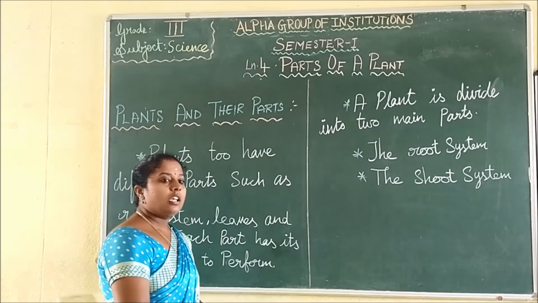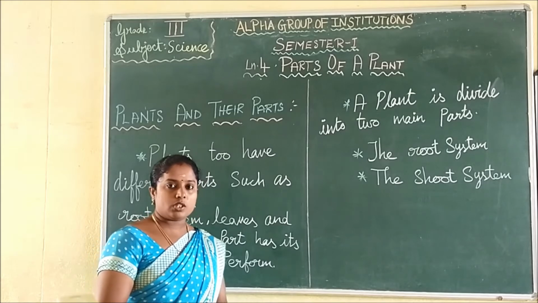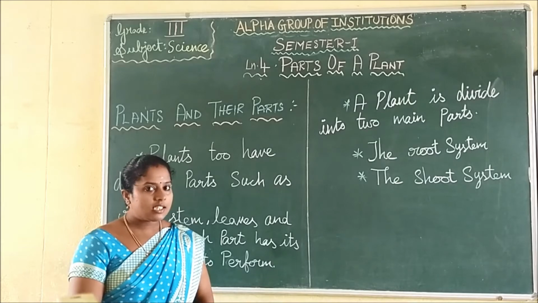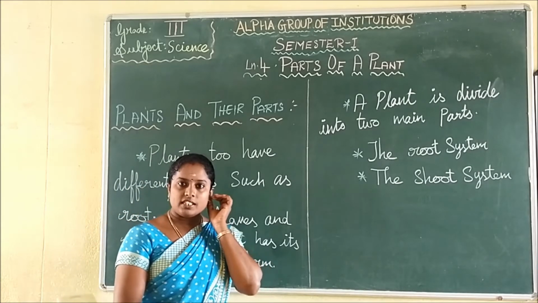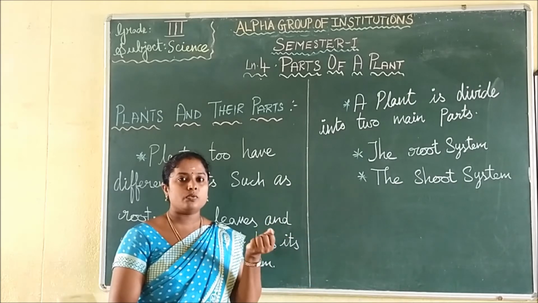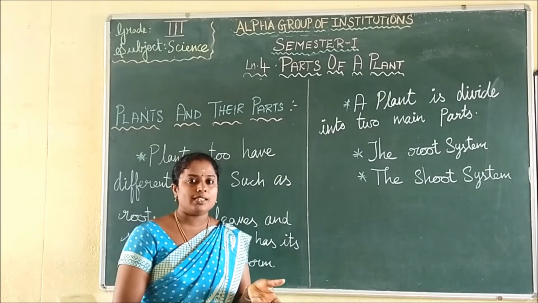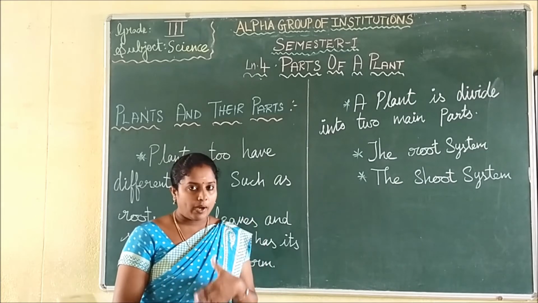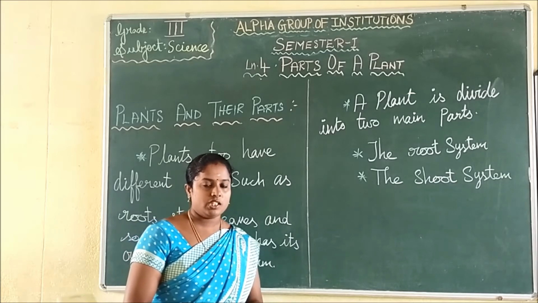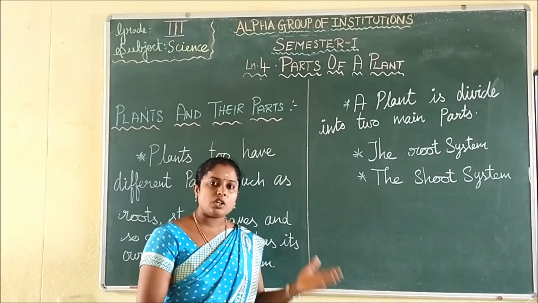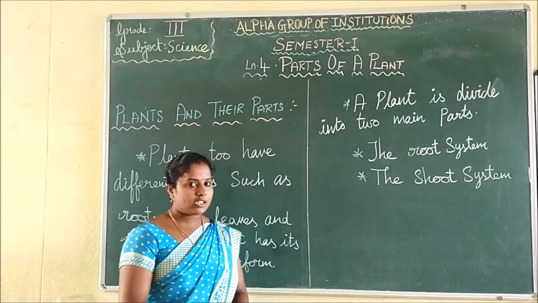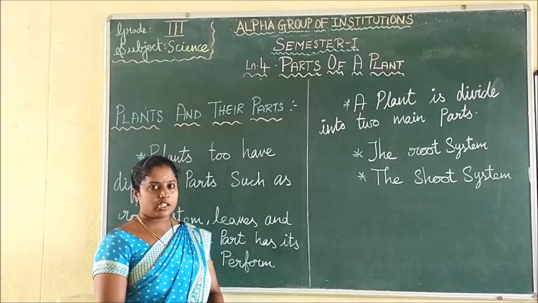Each is like our human body. If we take our human body, what will eyes do? Eyes are used to see. If we take ears, ears are to hear. Hands, we are moving, and they are very useful to take one thing or do our work easily. Likewise, the parts of our body perform various functions. Like that, parts of the plants also do various functions. We'll discuss about it in this lesson, okay children?